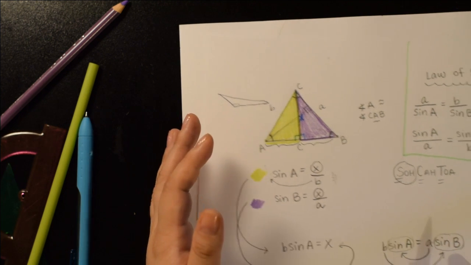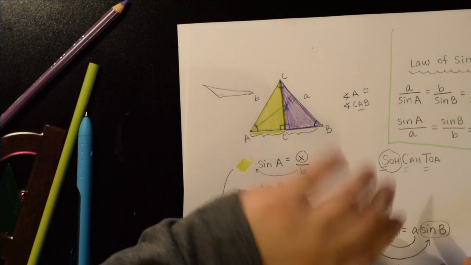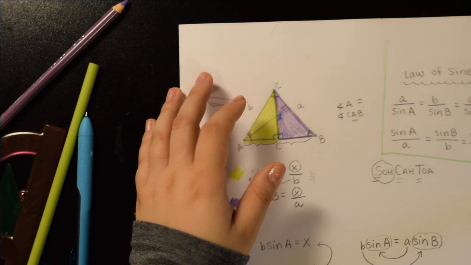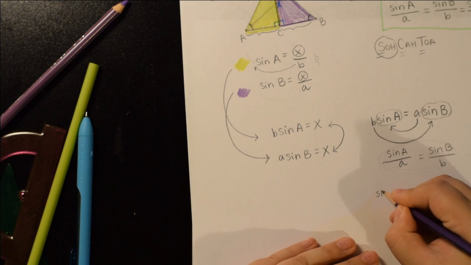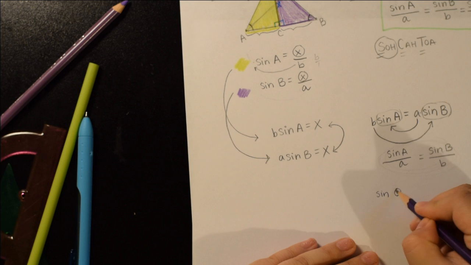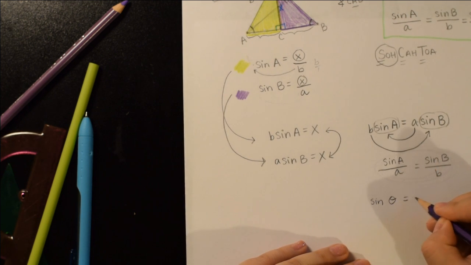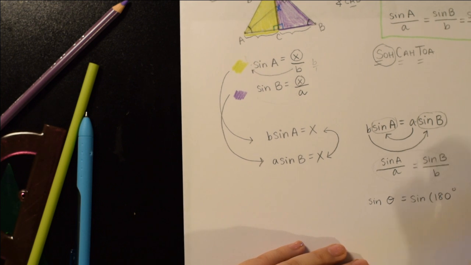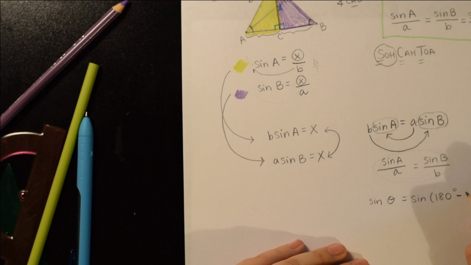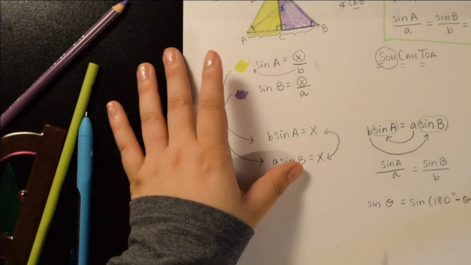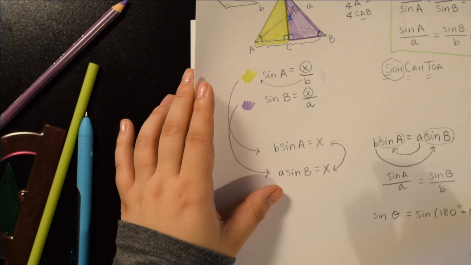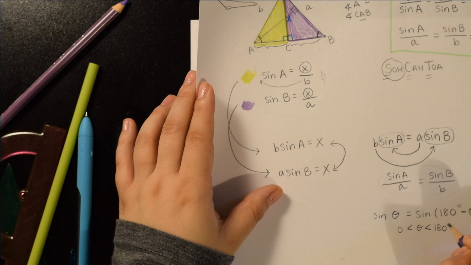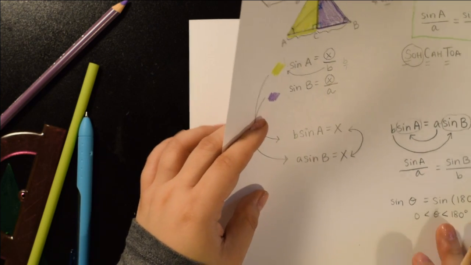But you might also need to include the fact that you might have a 180 minus an angle at some point, and you might need the fact that sine of, let's say, an angle theta is the same as sine of 180 degrees, or just pi radians, minus theta, for theta between 0 and 180 degrees. And the reason for that